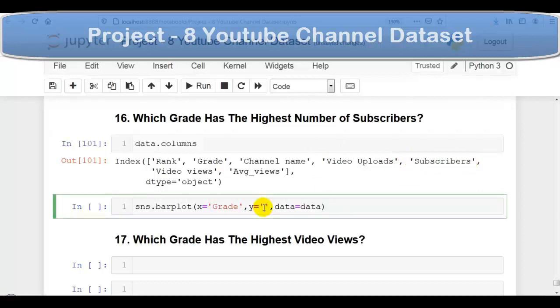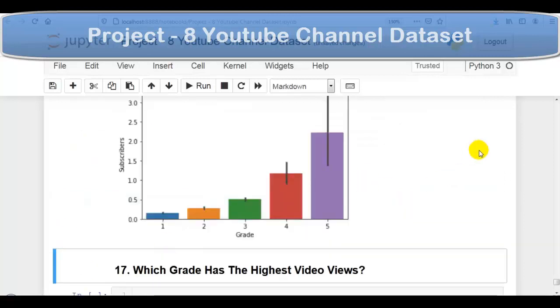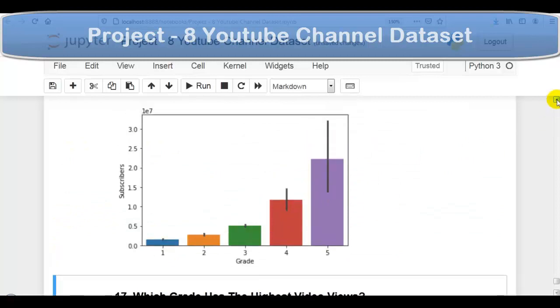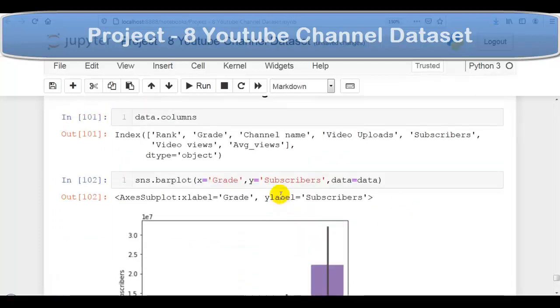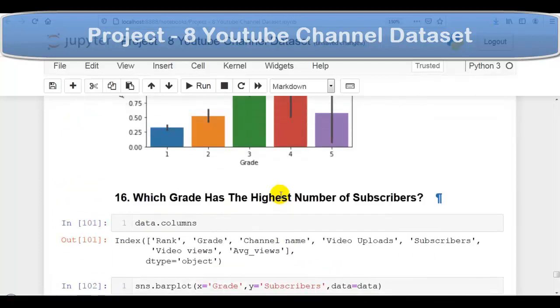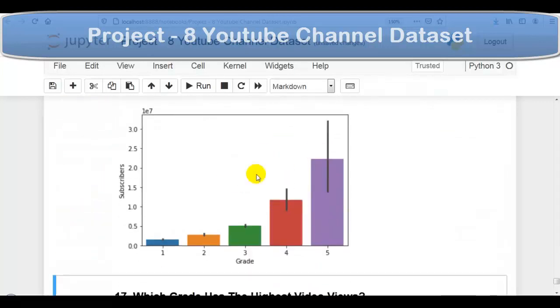So let me copy and paste it over here. And data which is pointing to our data set. Let me execute this cell. As you can see over here, channel with A++ grade having highest number of subscribers. So this way we can find which grade has the highest number of subscribers.